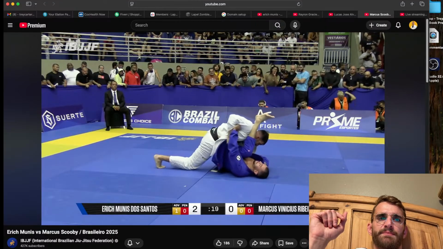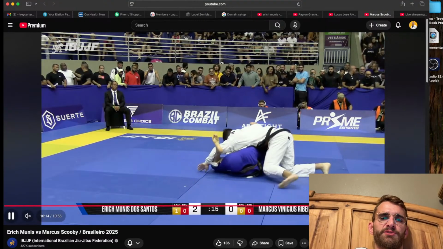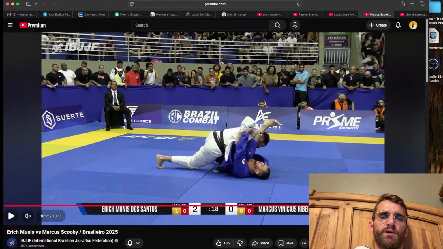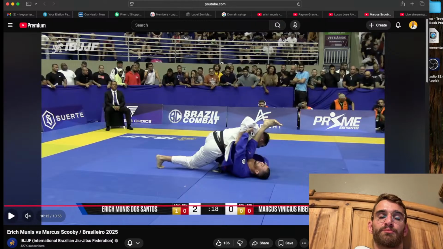And this looks like it's basically going to be the end here. It's actually a really smart grip, this grip right here with the lapel. With where Erich's leg is, his knee is going to have a harder time opening up because this lapel is blocking the outside of his leg. So it's going to kill the mobility. Even though Erich is flexible enough, his knee won't be able to travel to the outside. He may be able to get his foot over, but if he brings his foot over, he's going to give him the guard pass. The problem is, though,